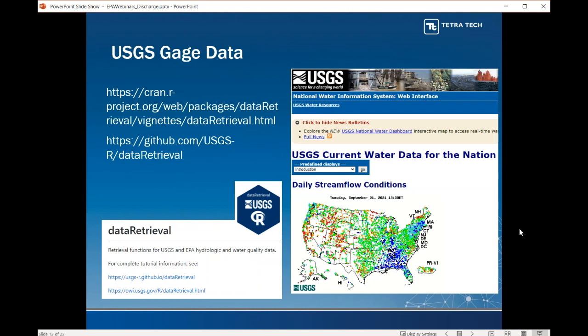So just to highlight a few of those things I just mentioned, again, I mentioned we're going to be using USGS gauge data today. Here are some of my favorite links to gain some information about those R packages, the data retrieval package specifically. Again, this data retrieval package is going to allow us to access the current water data for the nation. So previously, if you had wanted to download these data, you'd want to visit this website and click through and go to those download links. But here we can actually access it remotely and work within our R environment to access that data.